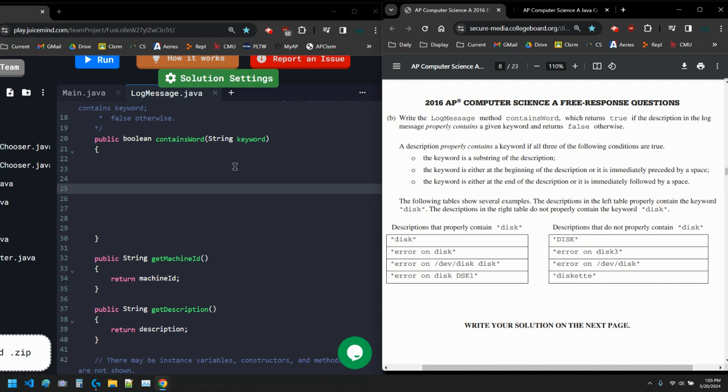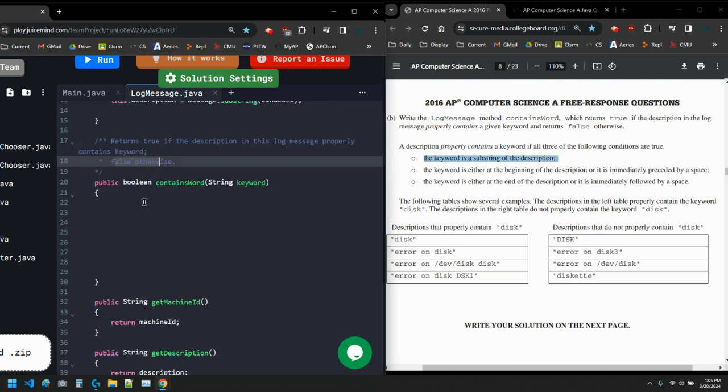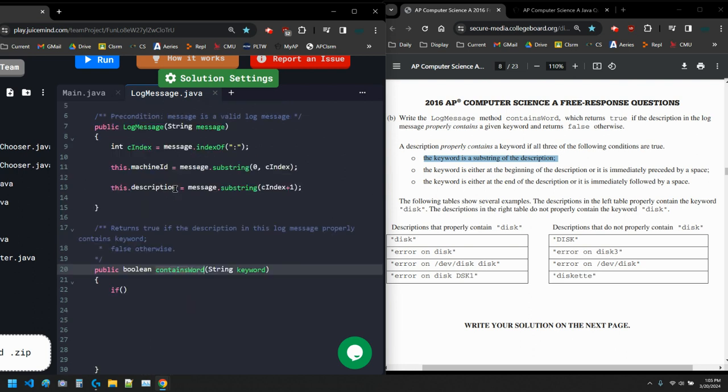Okay, so I'm trying to find that the keyword is there. So I first have to see if it's there. So if, okay, I'm going to go backwards. I'm going to say if it's not there, return false. So I'm going to do all the falses first. This might be the hardest one for me. If, okay, so what contains the word? The description. So I'm going to look at description up there. So if description,